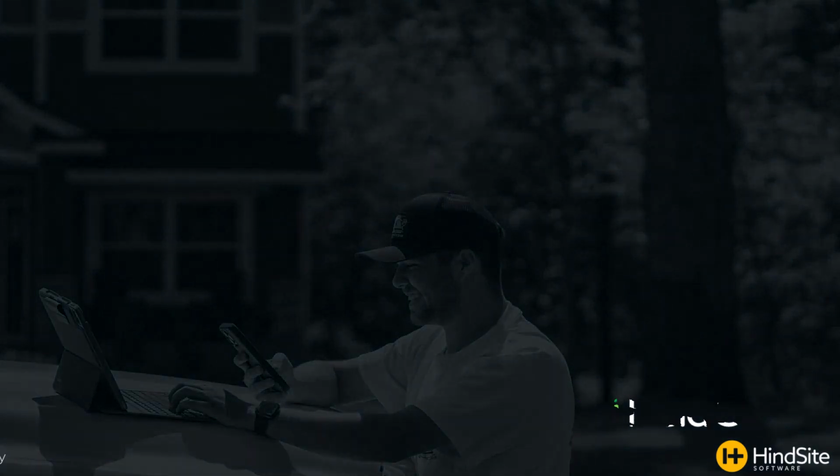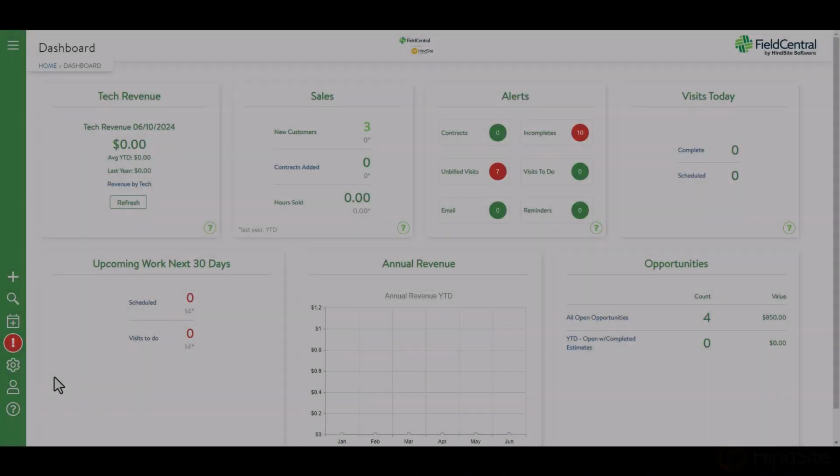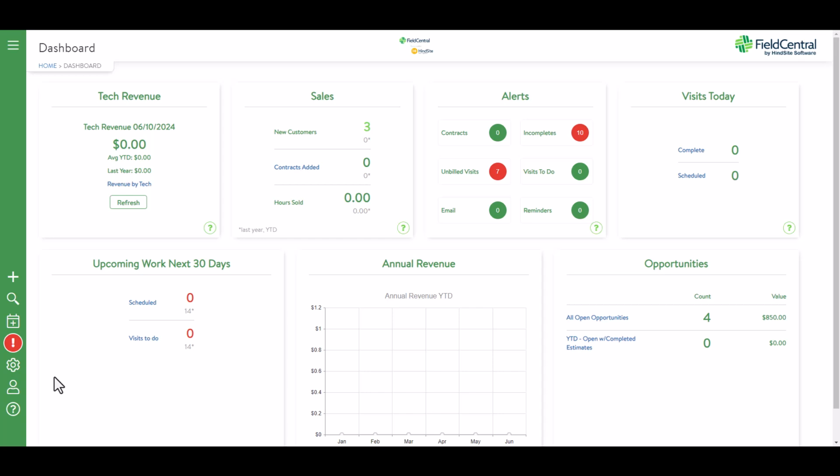Welcome! In this video, we will cover how to set up price matrix modifiers within Field Central, including some best practices. Price matrix allows companies to set up seasonal service pricing based on the factors that are important to them. In addition, this tool allows users to seamlessly mass update and maintain pricing from one location, even if needing to take into account modifying factors.